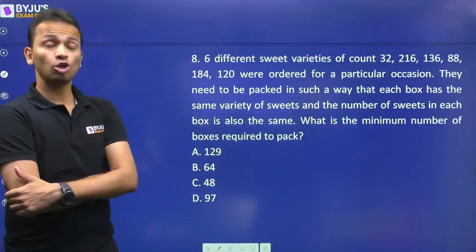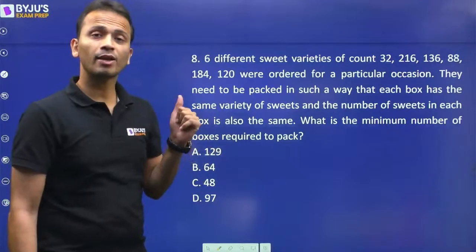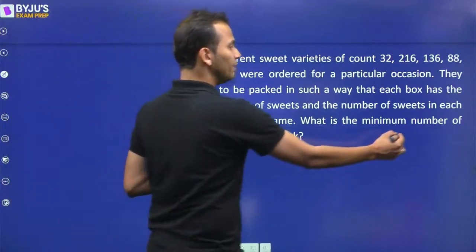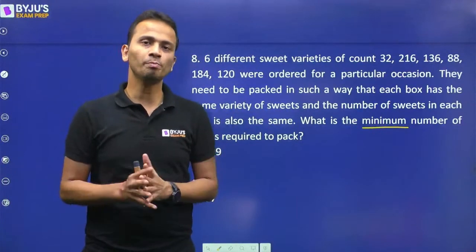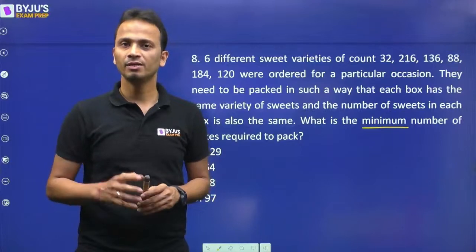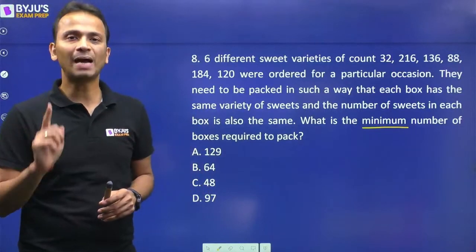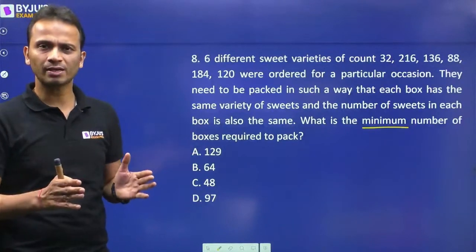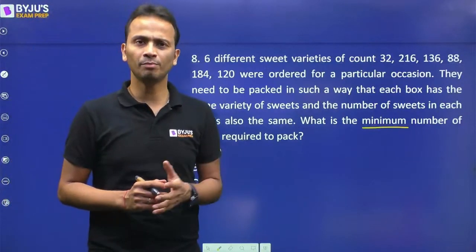All right. Now logic behind this question. Now understand the requirement and then form the logic. Now you'll have to minimize the number of boxes. So number of boxes को minimize करने के लिए क्या करना पड़ेगा? Number of sweets per box should be maximum. Okay? मैं ज़्यादा से ज़्यादा sweets को एक box में pack करने की कोशिश करूँगा. Then only I'll be able to use minimum number of boxes.